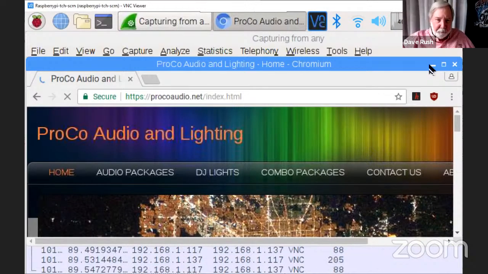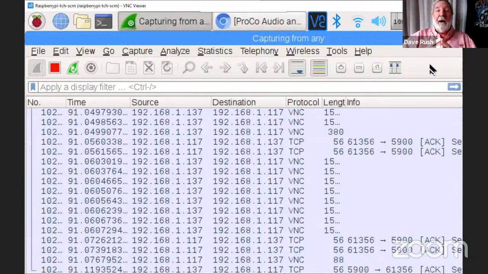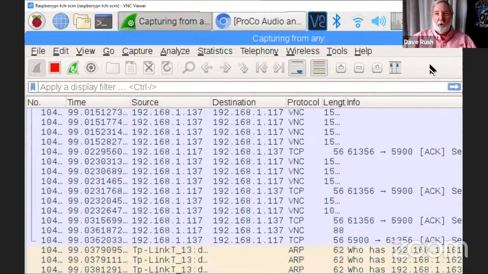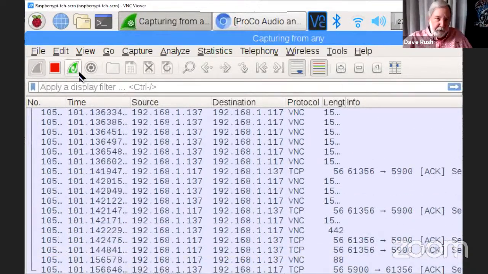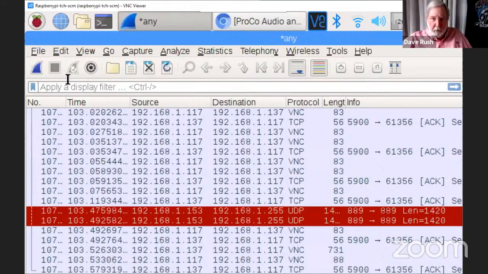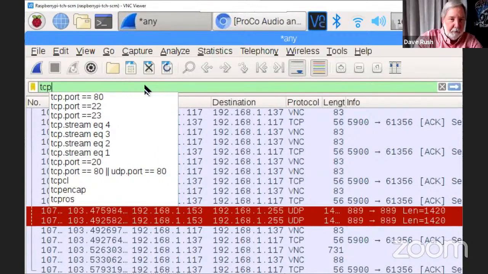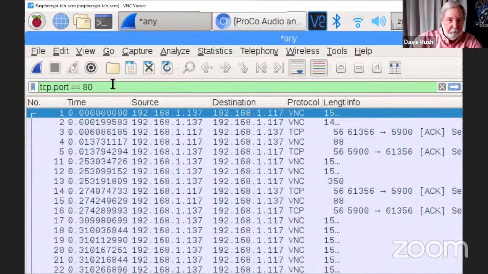We'll shrink that down. So in the past, we've used Wireshark all the time on the server side to capture the traffic. Now we're doing it on the client side. It works the same way. It knows the source. It knows the destination. So let's stop this. And I hope you've been thinking about this: what's the port for a secure website, for secure HTTP? Let's find out. TCP dot port equals not 80. I'm not hitting the enter key on that because I want to see a blank screen. It is 443, right?